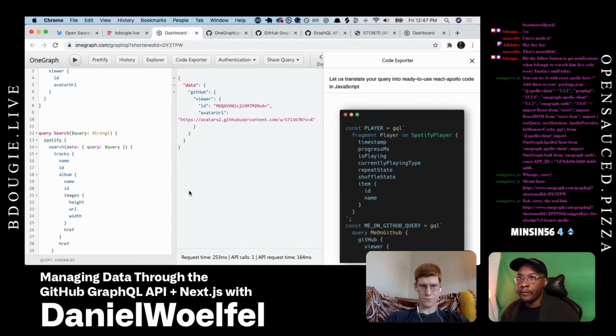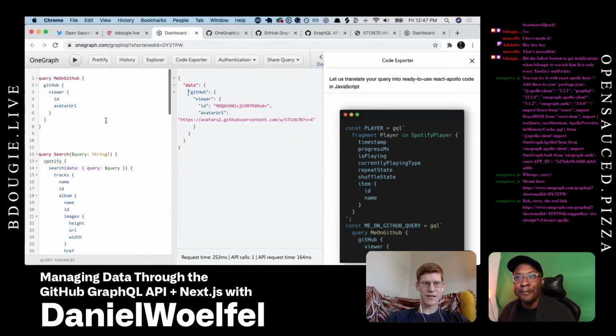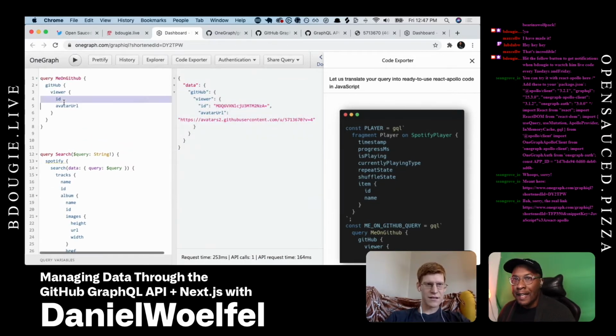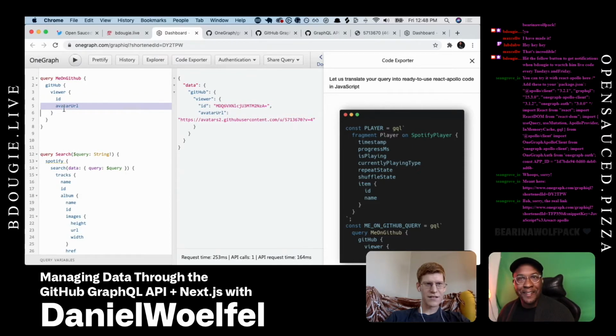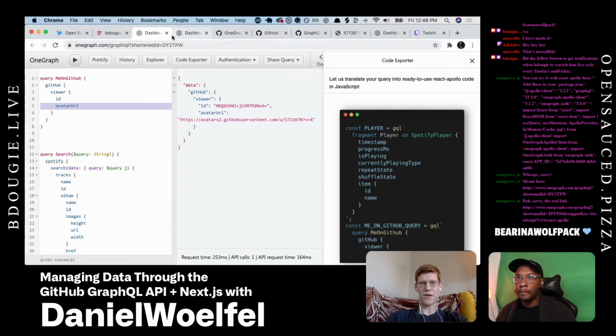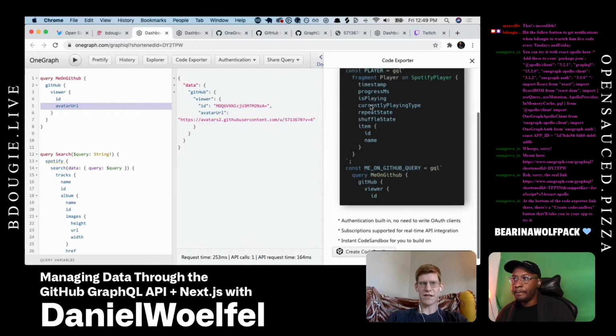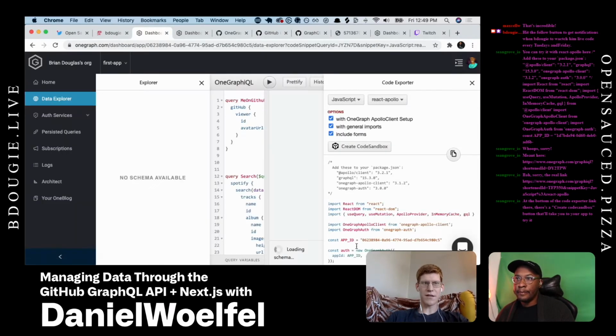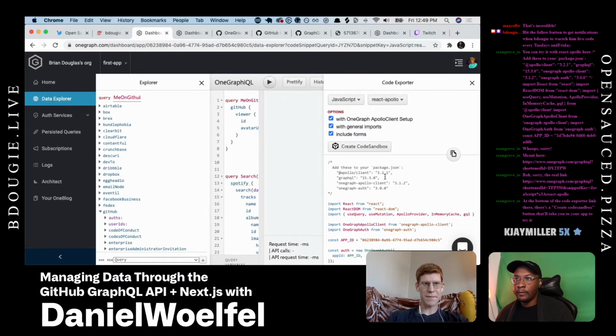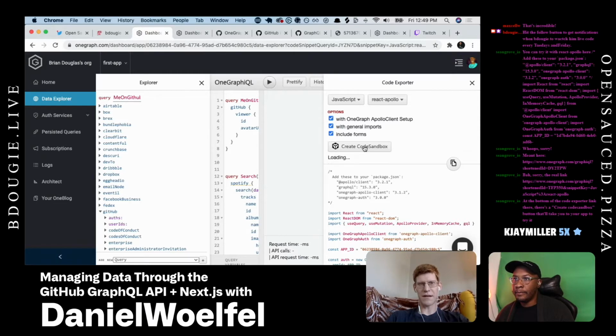Okay, this is literally my example that I just did in the Explorer as well, which I think is not by coincidence. This is one of the first fields on the list. And then if you go to the right and scroll down, there's the create the code sandbox. Yep. So this will log you in. This just logged you into your first app. Okay, got it. And now there's a code sandbox button there.